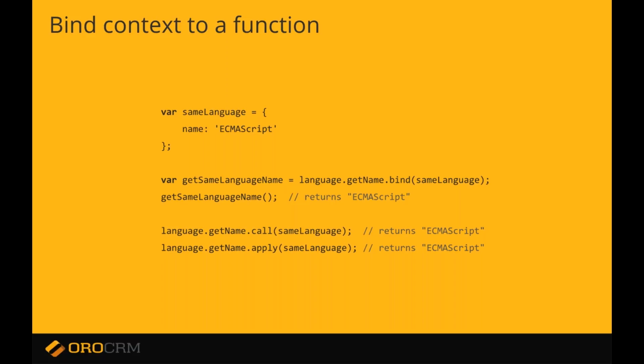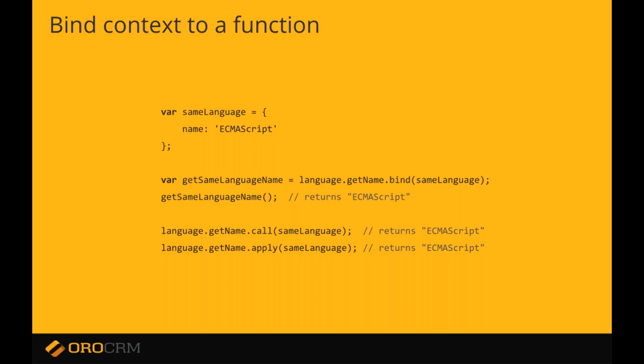Which once will be executed will use the context that we specified at the bind level. So, an example, you see that we created the same language object without getName method, and after that we use a long construction like language.getName.bind(sameLanguage). So at this point, it does not matter that getName was taken from a language object. It's important that we